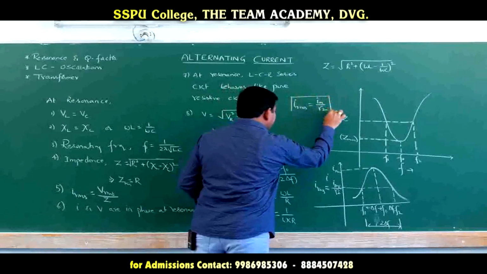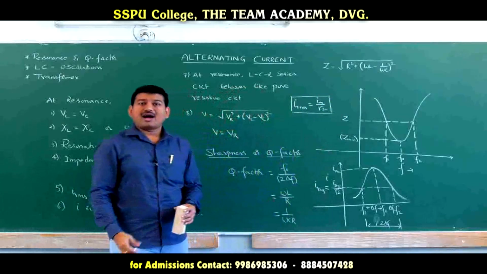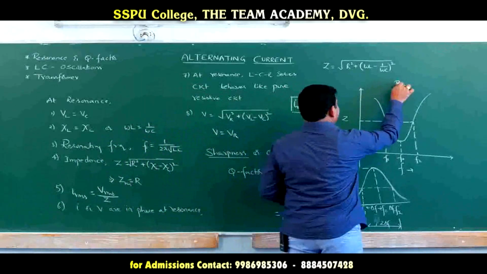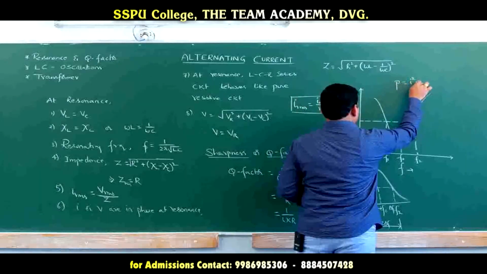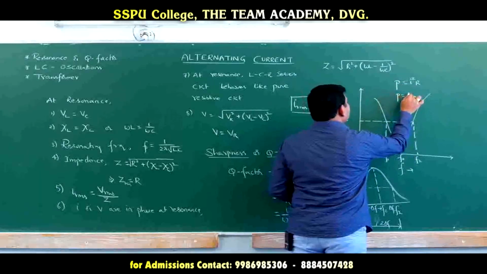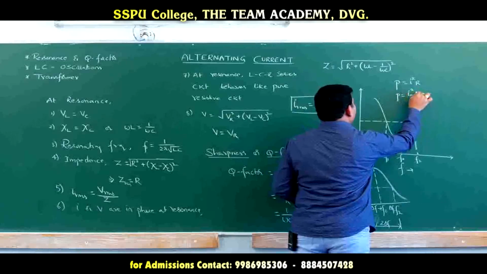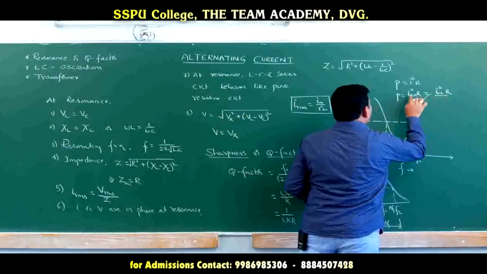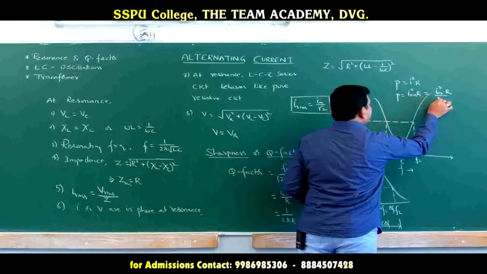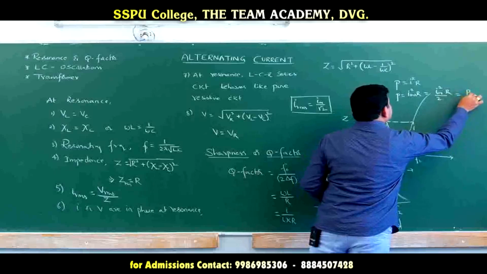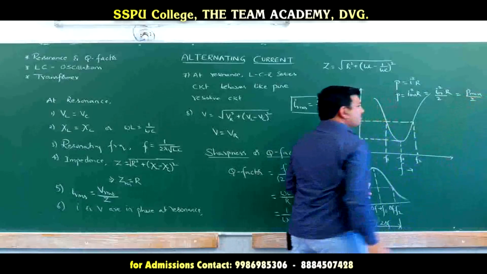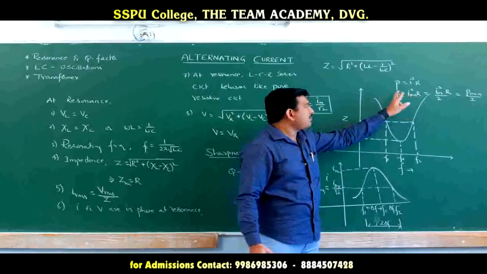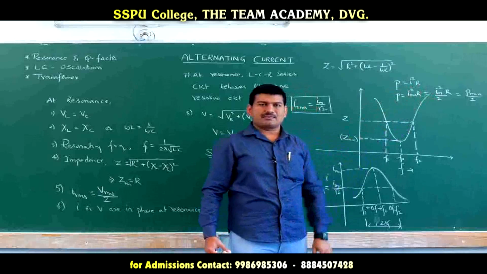And for this current, the power in the circuit will be half of the maximum power. Why? Because power is equal to I squared R. So P is equal to I RMS squared times R. That is equal to I maximum squared R divided by I maximum by root 2 whole squared, which gives 2. This is equal to P maximum divided by 2, so half of the maximum power. Whenever the current is equal to the RMS current, the power in the circuit is half of the maximum power.